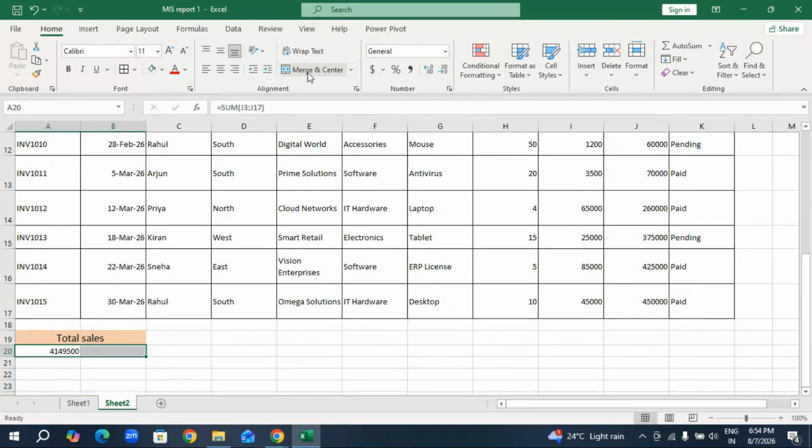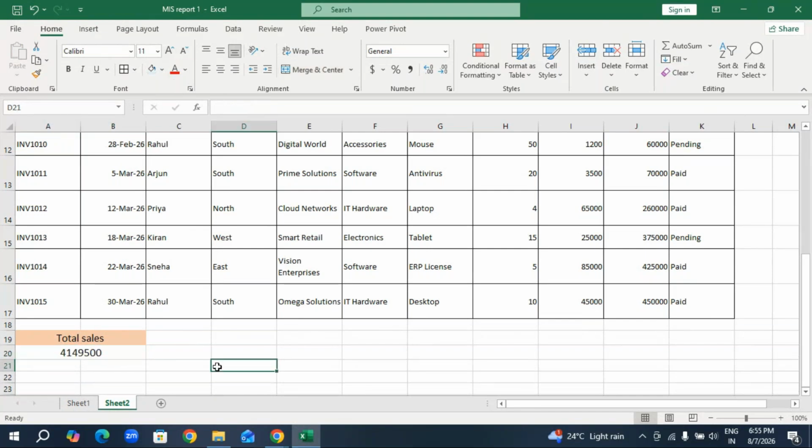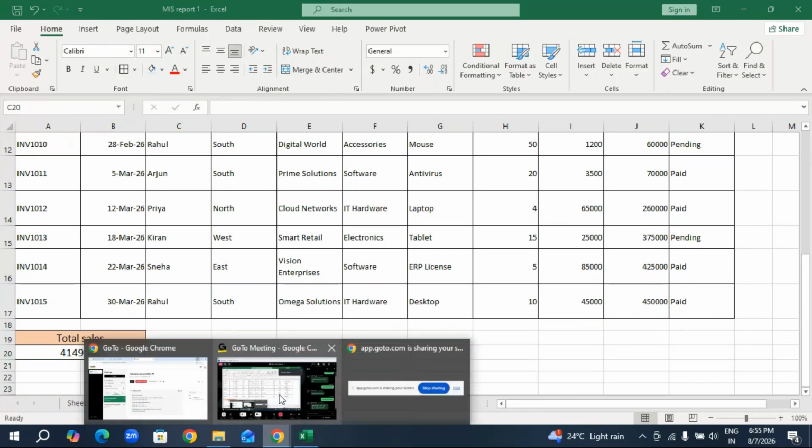That means 41,49,500 worth rupees goods we exported in the 3 months of data. So this is the total sales amount. If you want to find out, we are going to use. Okay. So here,